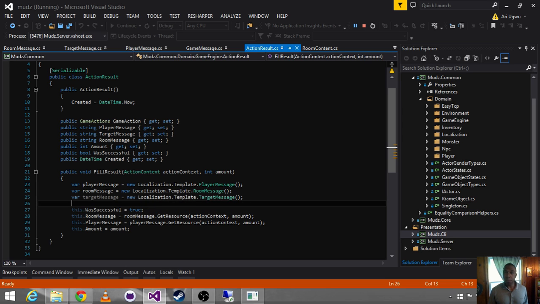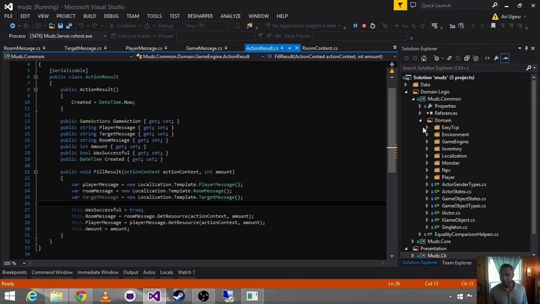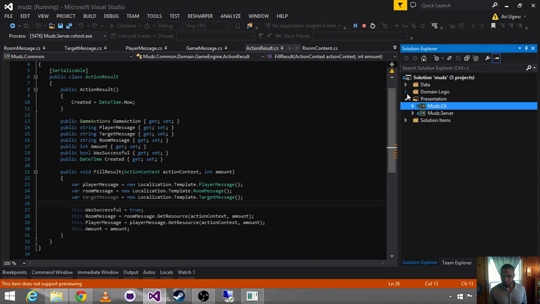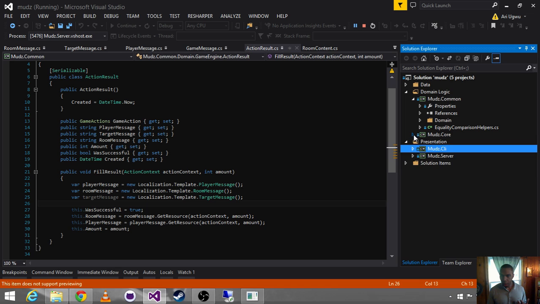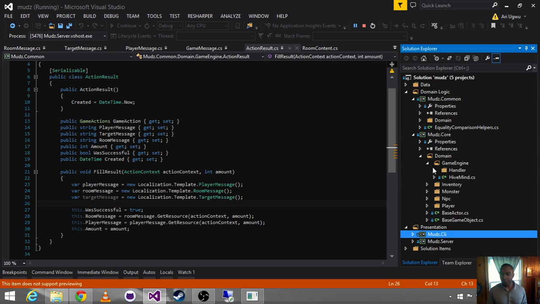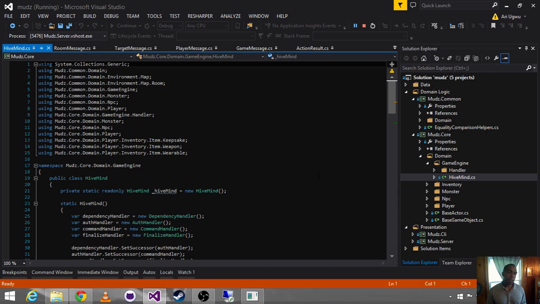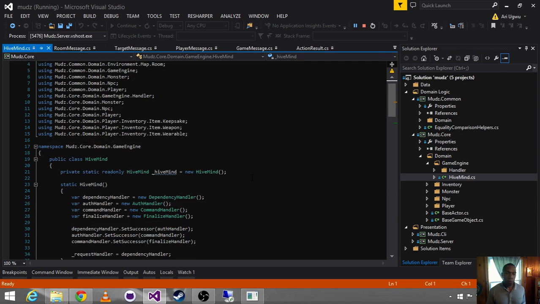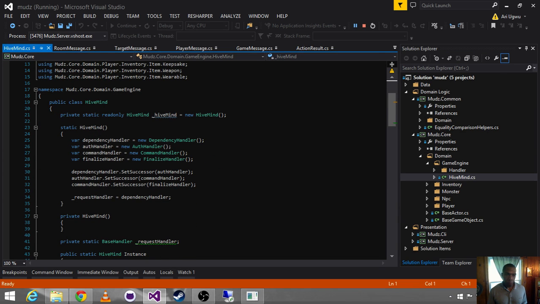Can we put it someplace more universal, to where everything can share in these 3 template engines? Let's go back over to the hive mind real fast. Let's just back up. Let's keep our eye on our overarching intention. And our overarching intention was that the hive mind would be this place where we would house